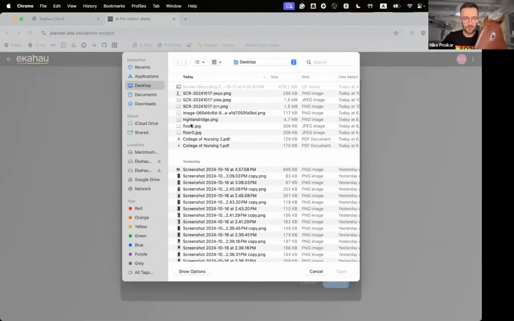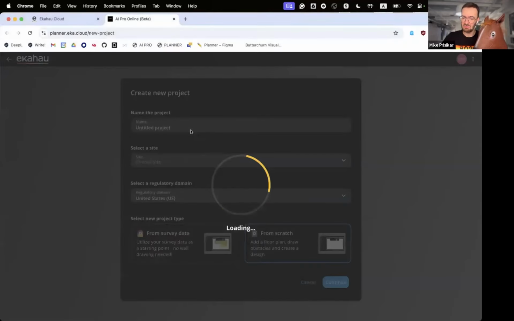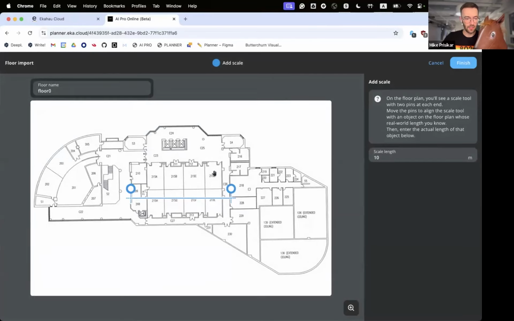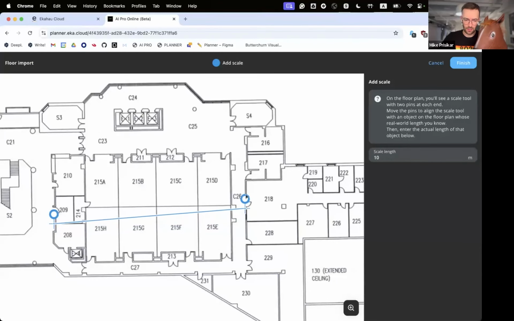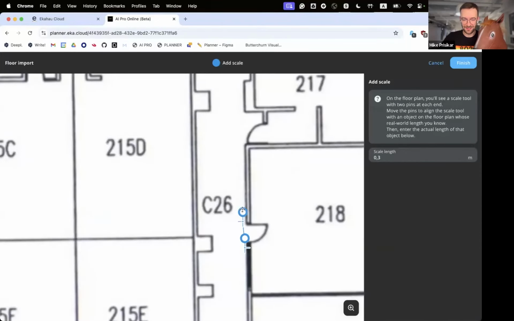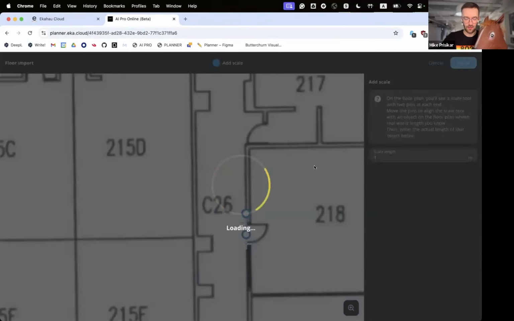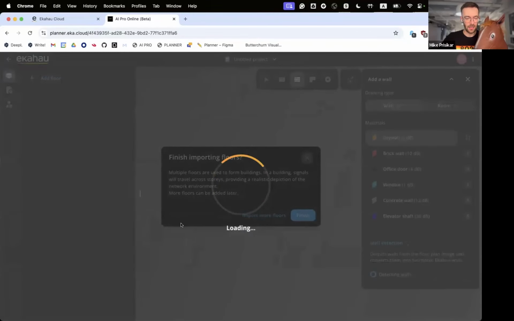And right from here, I need to upload some floor plans. Sure, why not? Super simple. Here, Mr. Horse will cut some corners by just selecting the distance between walls and assigning the scale to 1 meter. All right, here.